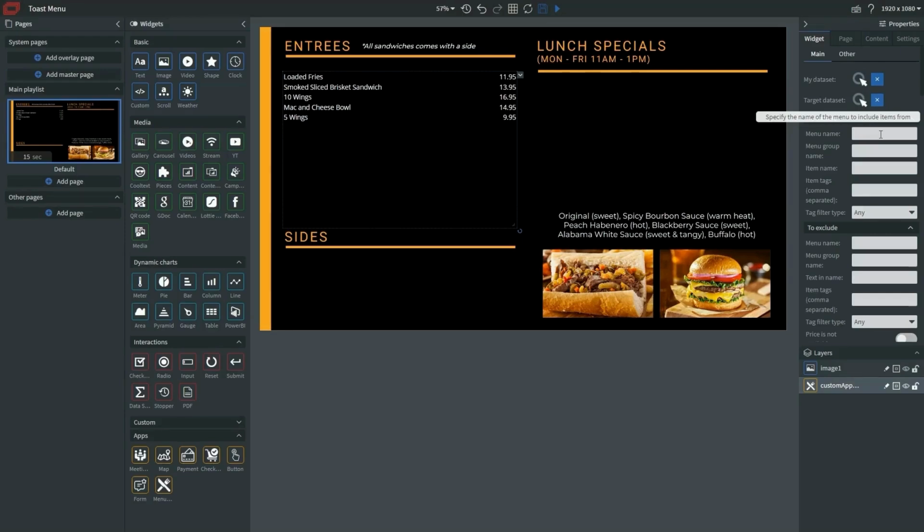So under Menu Name, I'm going to go ahead and paste in the menu name that I referenced earlier. And then underneath Menu Group Name, this is where I'll put in Entrees. Now that we've got everything synced up, and yes, it still looks the same, we now need to extend this